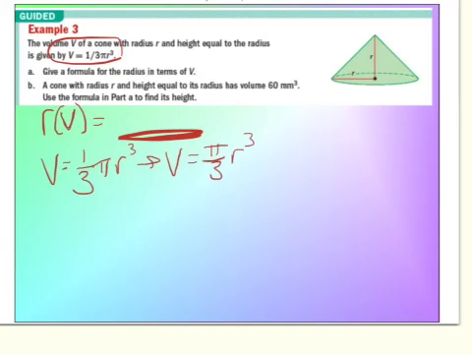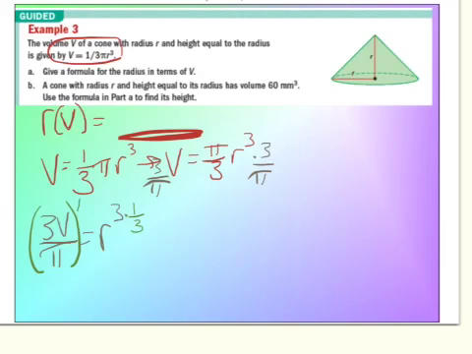That's fine. To get rid of a fraction, the easiest way is to multiply by its reciprocal. So let's just do 3 over pi over here. So we're going to have 3v over pi is equal to r cubed. To get rid of the cubed, you can multiply it by the 1/3 power, or you can do the cube root. So if we do this whole side here to the 1/3 power,